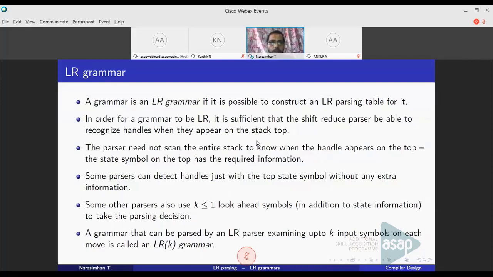How to build the parsing table? How to construct the parsing table, that you might ask. So actually there are multiple methods to construct this parsing table. But whatever be the method, the way the input string is processed by the parser remains the same. For all the methods, the way the input string is processed remains the same. That is why I discussed the processing of the input string in the last class. And today and in the upcoming lectures, we will discuss how the parsing table is really constructed if you are given the grammar.